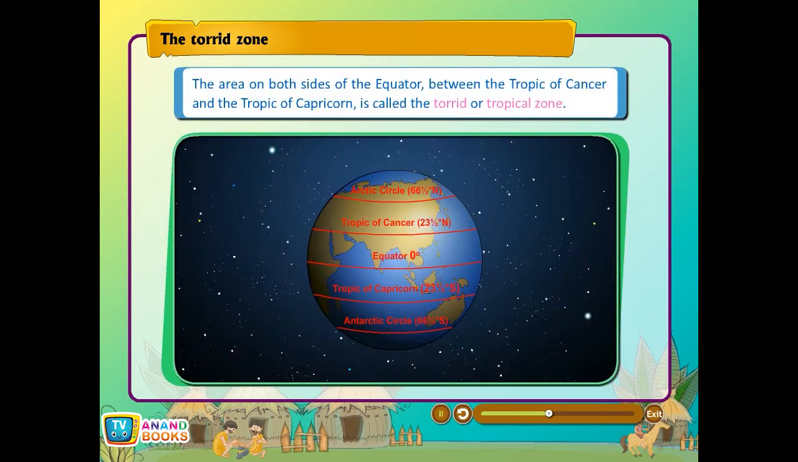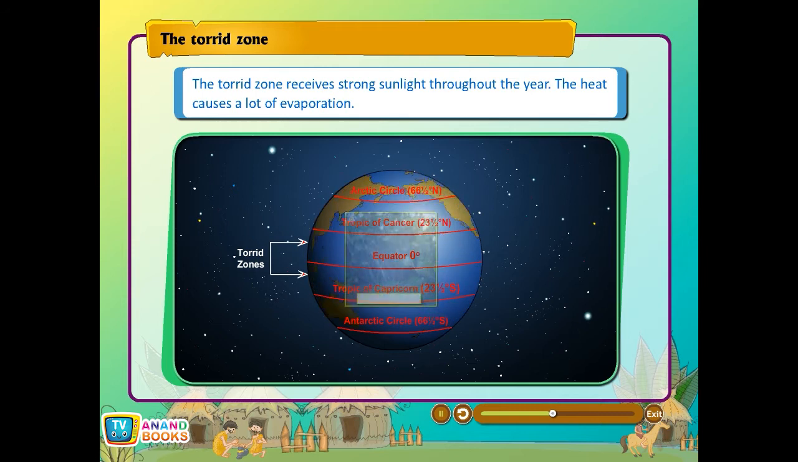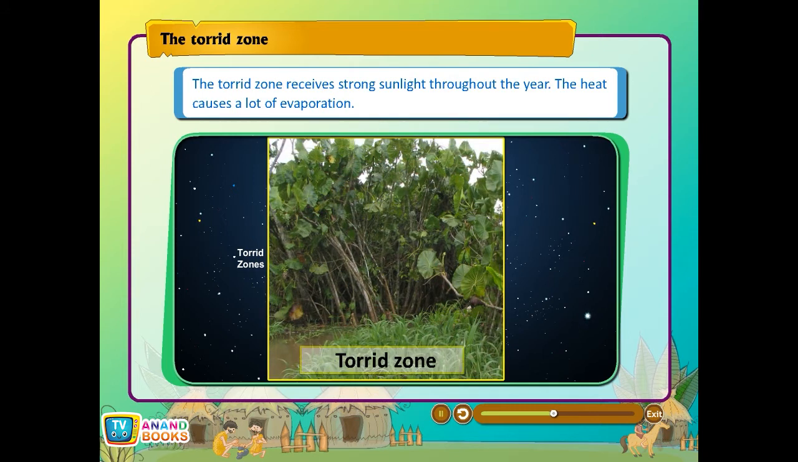The torrid zone. The area on both sides of the equator between the Tropic of Cancer and the Tropic of Capricorn is called the torrid or tropical zone. The torrid zone receives strong sunlight throughout the year. The heat causes a lot of evaporation. This evaporated moisture rises up, forms clouds, and results in rain. So the zone receives a lot of rain. The climate is therefore very hot, wet, and humid. The days and nights are approximately equal